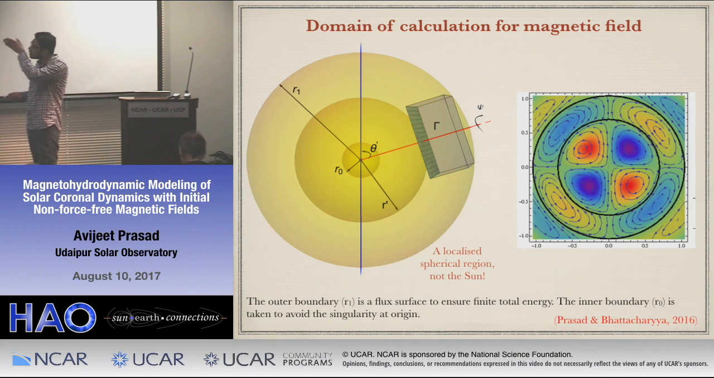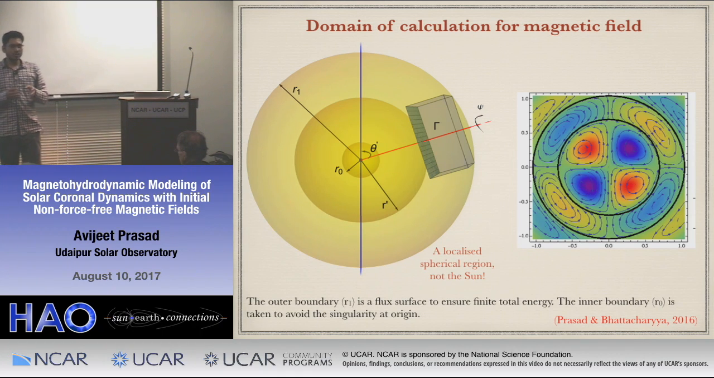So, for example, I have shown one meridional cross section of one particular mode of the linear force free field, where all the field lines are contained within a particular shell. Now, in order to compare these solutions with the observed magnetogram, we define a